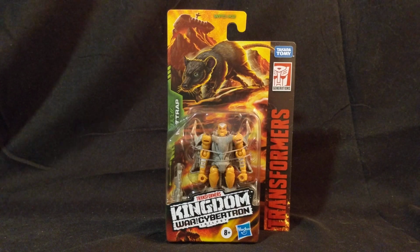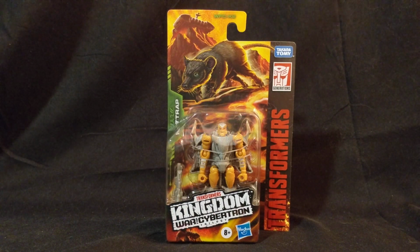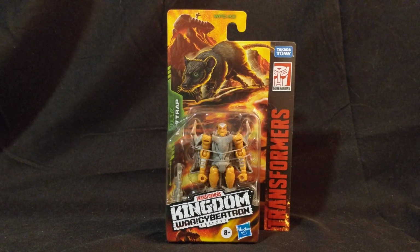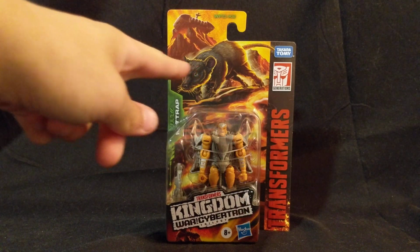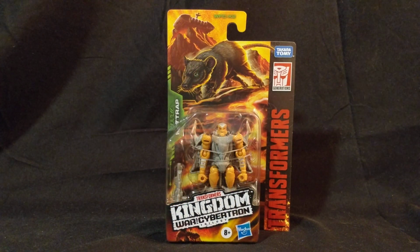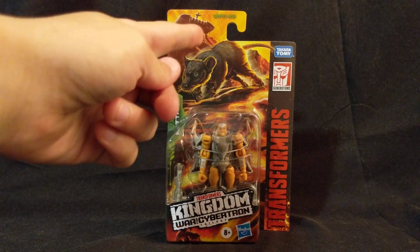But yeah, as you can see from the packaging, this is some Kingdom artwork on a card, which is what they are doing for all the core class figures. Rattrap's got his beast mode as the figure is packaged in robot mode. You can see the arc up there, and up there, I'm not sure if you can read it, but it says